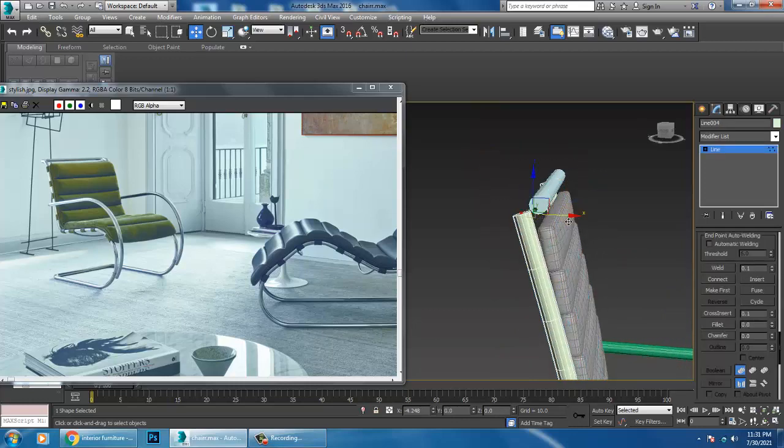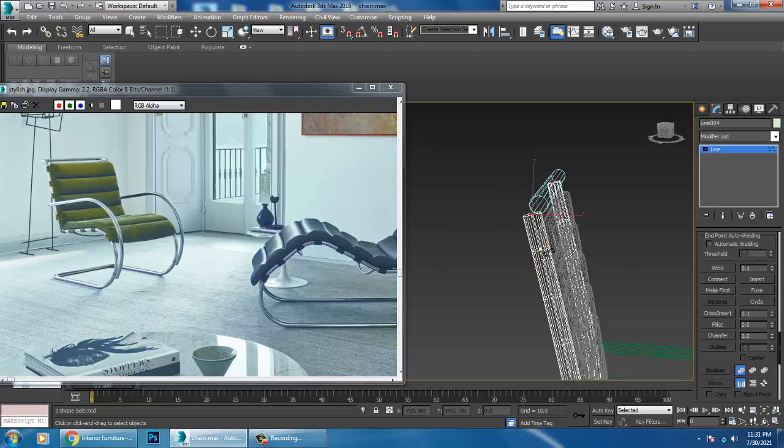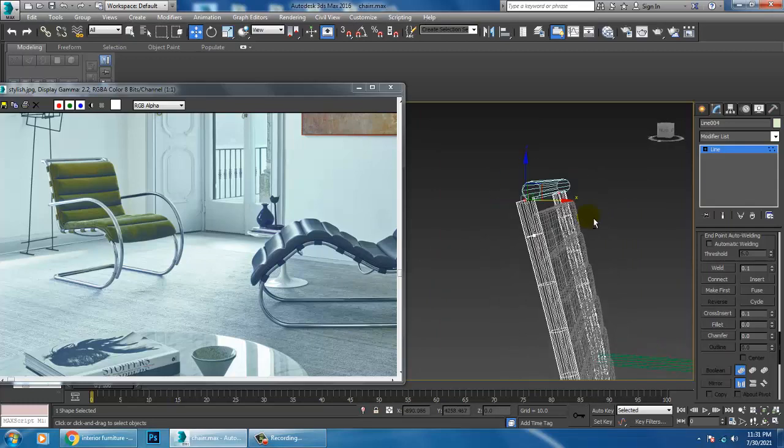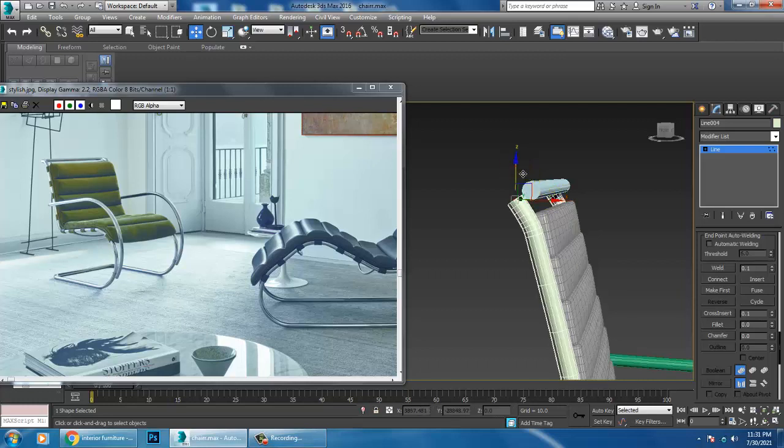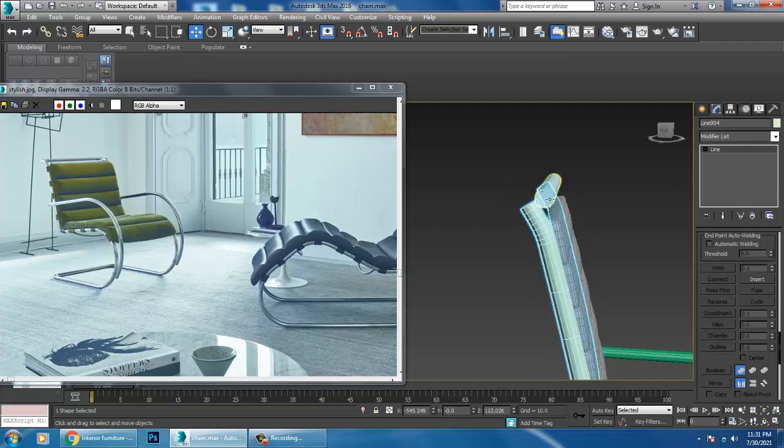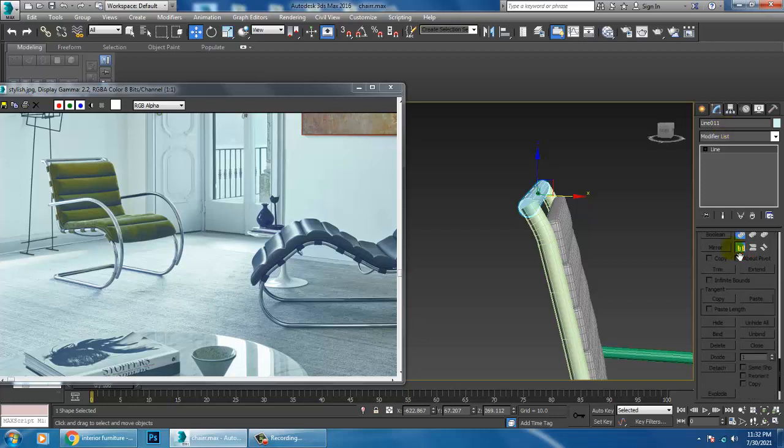You can put one refine over here and here, like this. Just attach it.